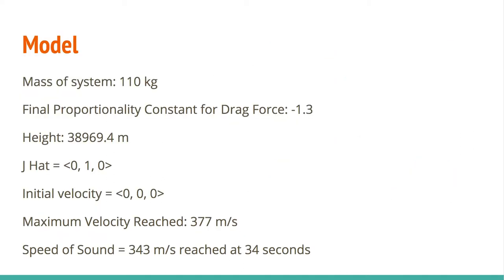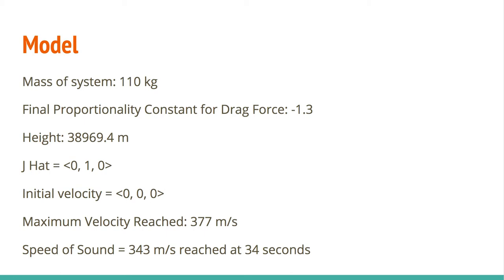The model that I will be using uses values taken from the Red Bull Stratos website. The mass of the system, which will be Felix Baumgartner and the outfit that he wore, is 110 kilograms. The final proportionality constant for drag force, which occurs at sea level, is 1.3. The height in meters is